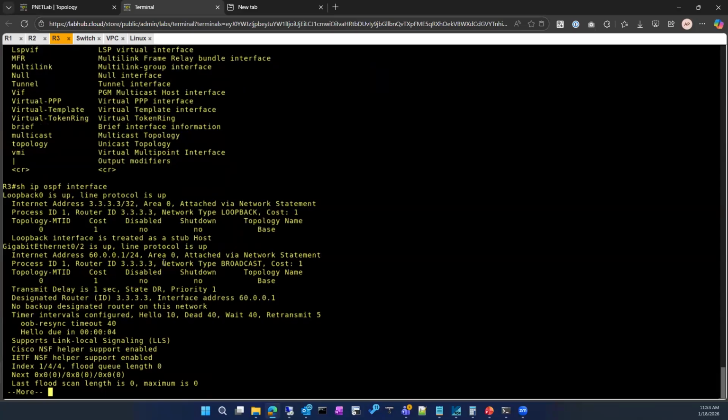So network type by default is broadcast. You can see that here. For this by default, that's fine. But if you are using a kind of a LAN segment design,